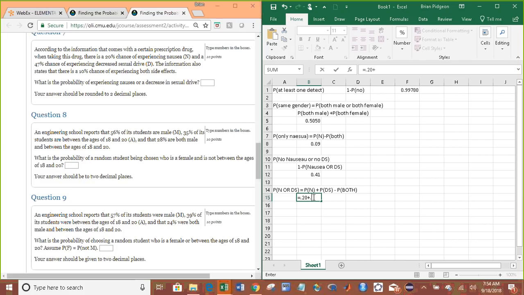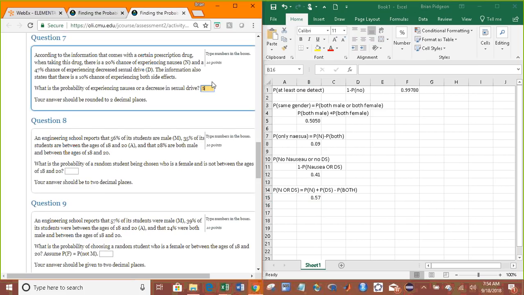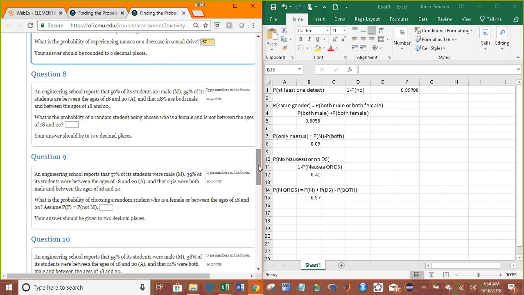Decreased sexual drive has a probability of 0.47, and it occurs together 10% of the time. So 0.57. Alright, an engineering school reports that 56% of its students are male, 35% of its students